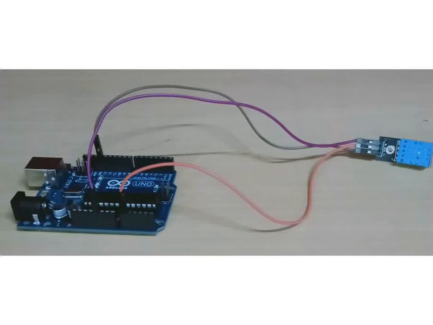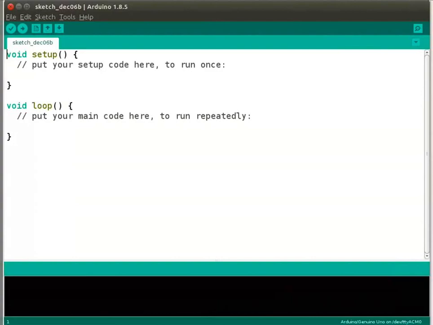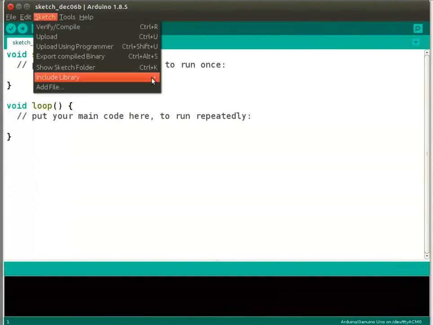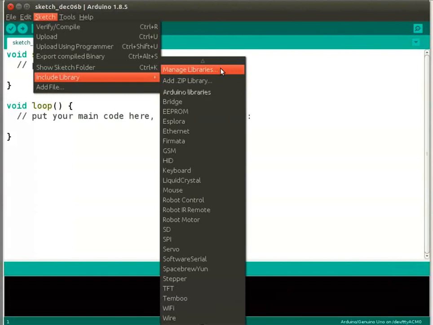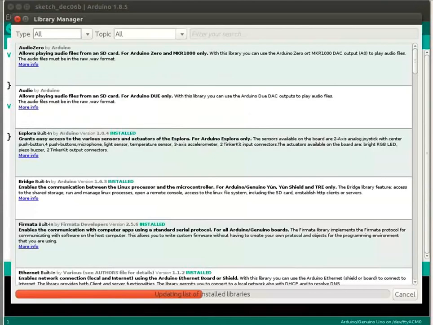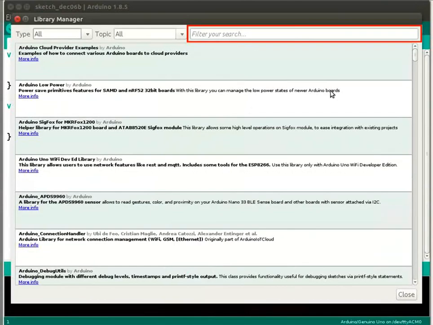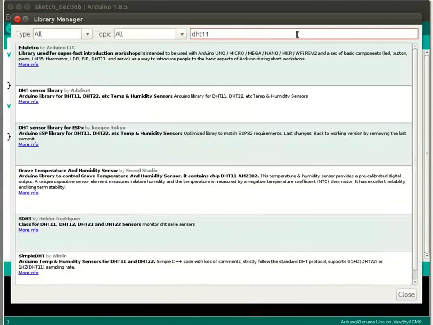This shows the circuit connection for DHT11 with Arduino. Arduino Uno has 6 inbuilt ADC channels, A0 to A5. ADC channels read analog signal in the range of 0 to 5 volts. Pin 1 of the DHT11 sensor is connected to the 5 volt pin of the Arduino.